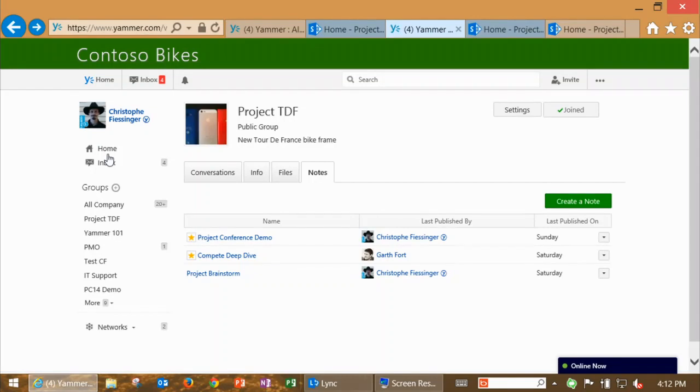So if I declare this as the official compete deep dive, only myself can modify it, or only someone who's an administrator of that group. So again, we're narrowing down something that becomes official, and we don't want it to be constantly a moving target, and we scope it down pretty much like you can do in SharePoint. Some folks have only viewing access, and some folks do have edit capabilities. So that's what mark as official means.